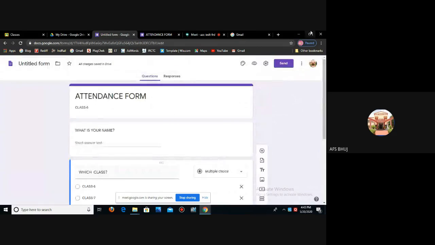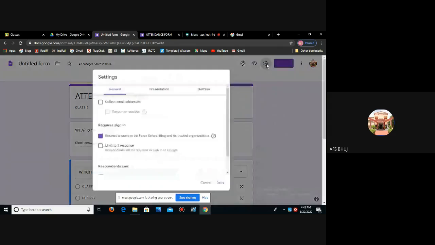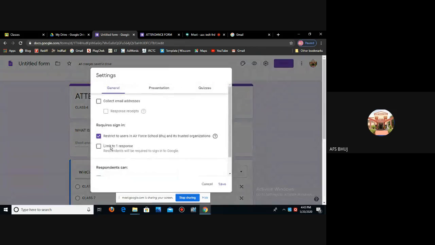Now, how to send this attendance form to the students? So before sending this form to the students, first you have to do some settings. Here in the settings, general settings, click on that. See, you can see by default here restrict to users in the particular domain and its trusted organizations.